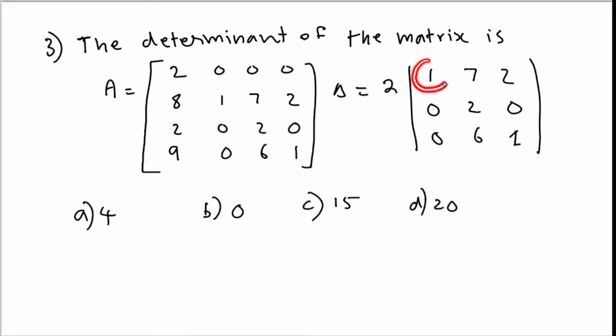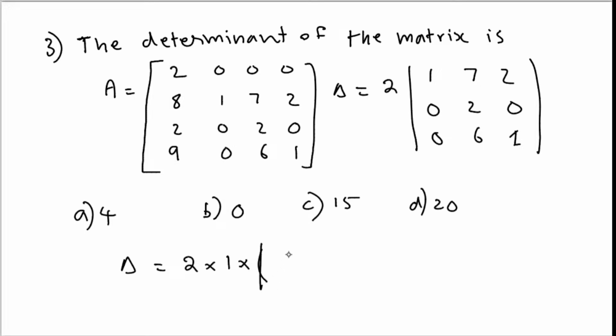Consider this column. In this column we have this one element and all others are 0. So we need to calculate the determinant along this column. The first element is 1. Then I need to find the determinant of this section. So the final determinant is equal to 2 into 1 into